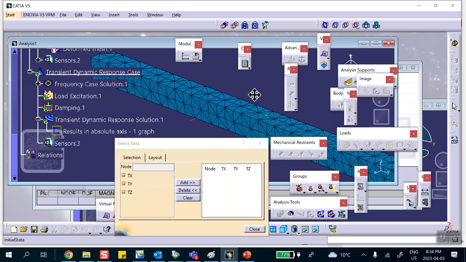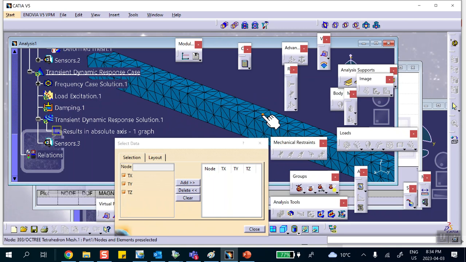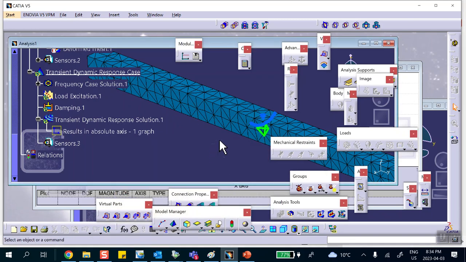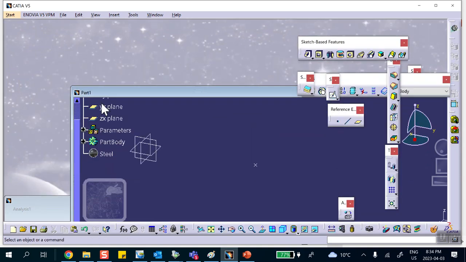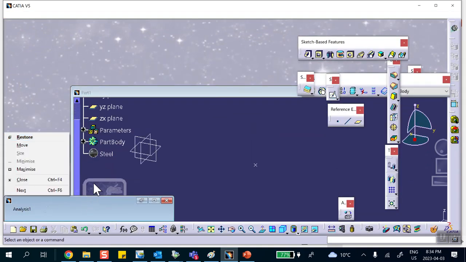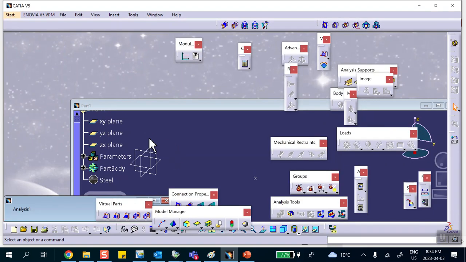Oh, you know what? I actually wanted to put the node at this place, this is the place that I want to monitor. I made a mistake. I wanted this point to be at the quarter point. No problem. Okay, good. So let's go back, let me get rid of this. I mean, one makes mistakes like that, but you have to fix it. As simple as that. So if you go to the part body,